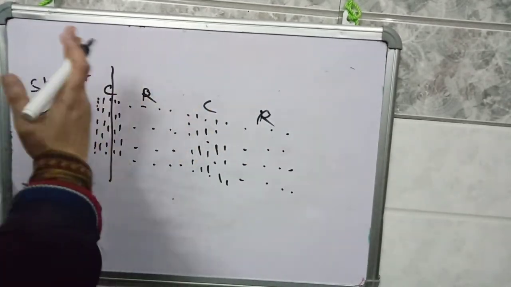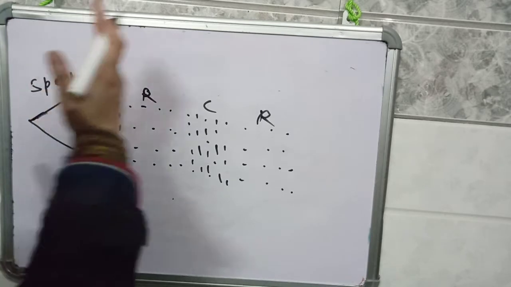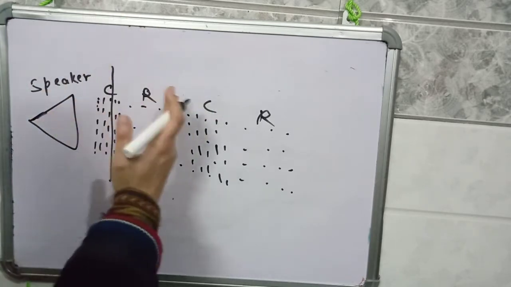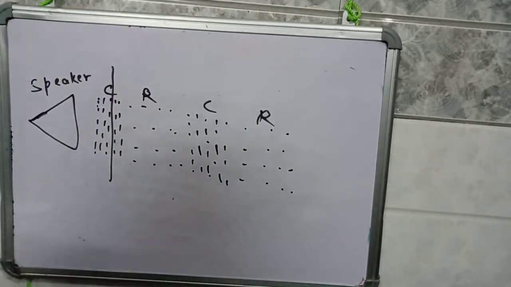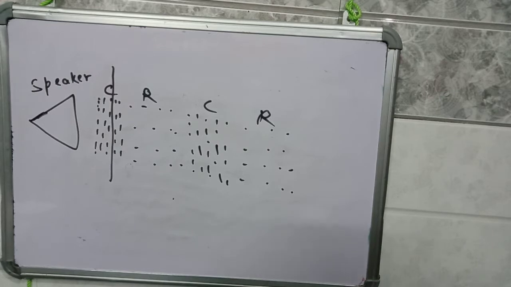So the disturbance of one particle will disturb the neighboring particle, and the disturbance of the second neighboring particle will be transferred to the third neighboring particle. So sound wave is also a type of wave. Electromagnetic wave is also a type of wave. When someone plays a guitar, waves are also produced. In waves, particles are not transferred. What is transferred? The energy of one particle is transferred to another particle.